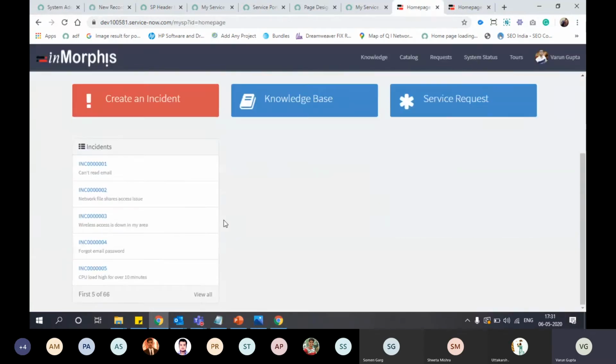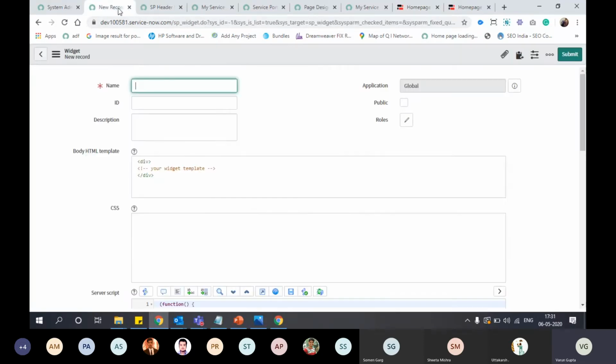We will create a widget to show the incidents. Like we have this out of the box incident, we will create this as a custom widget. All incidents.